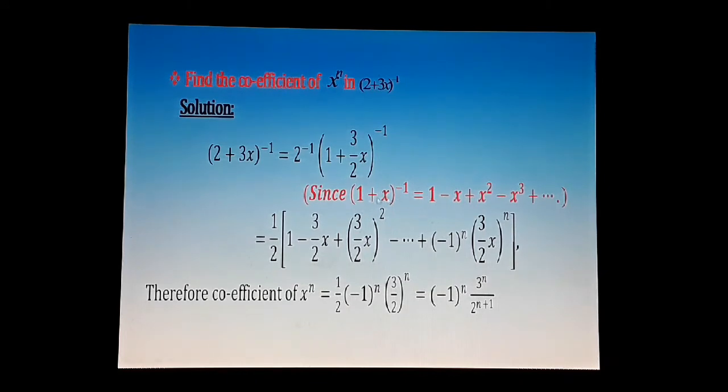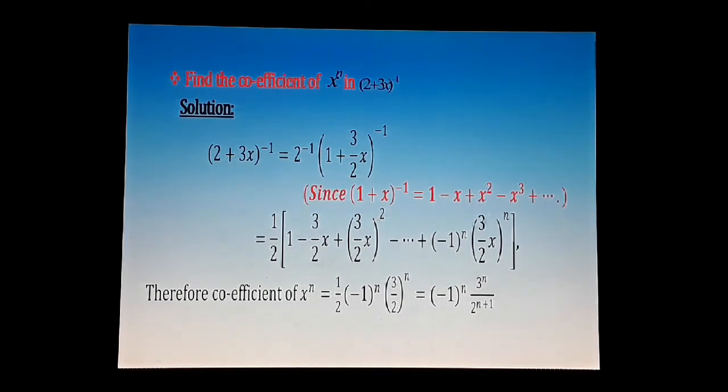Here we have to compare with our standard expansion (1 plus x) the whole power minus 1, which is equal to 1 minus x plus x square minus x cube plus etc. So this is equal to 1/2, since 2 power minus 1 becomes 1/2. And here, by comparing this, instead of x we have 3/2 x. So 1 minus 3/2 x plus, instead of x square, we put (3/2 x) the whole